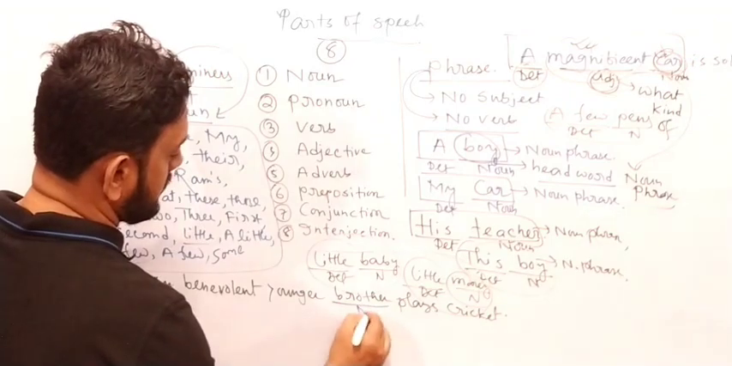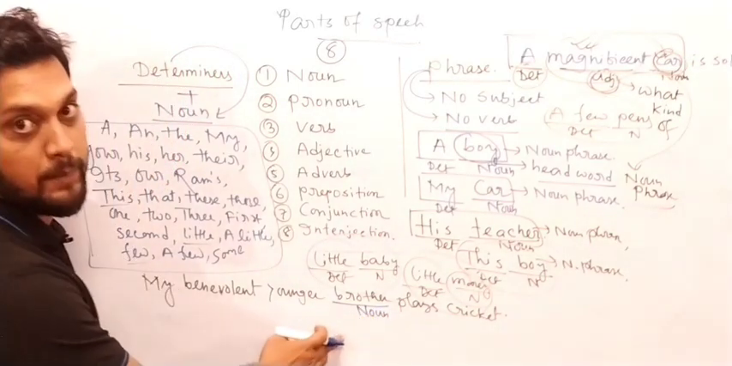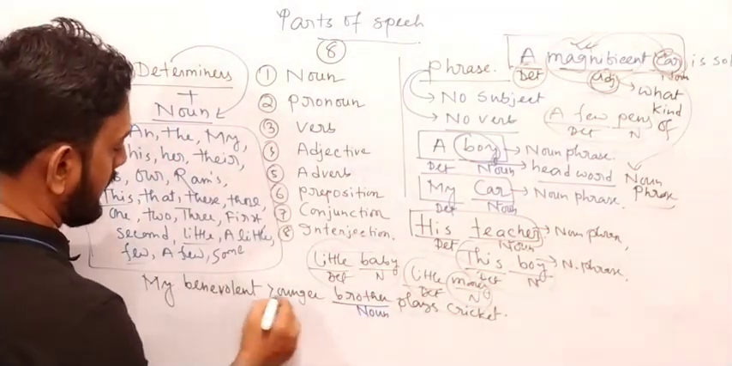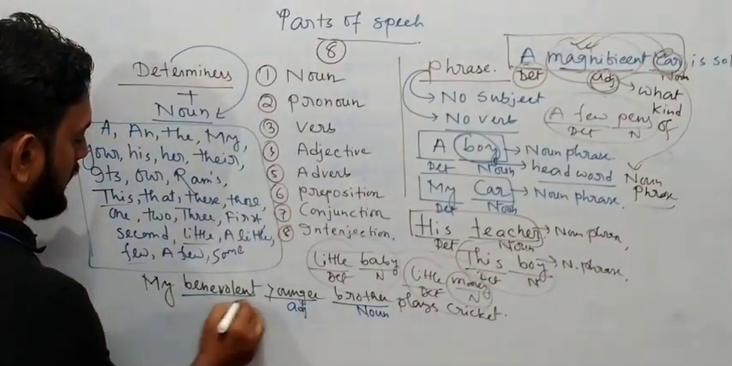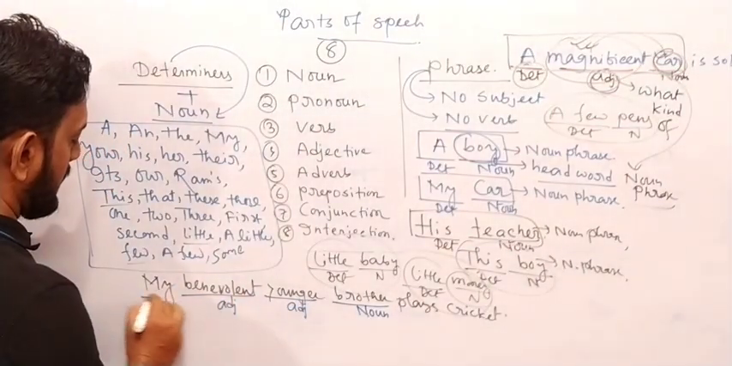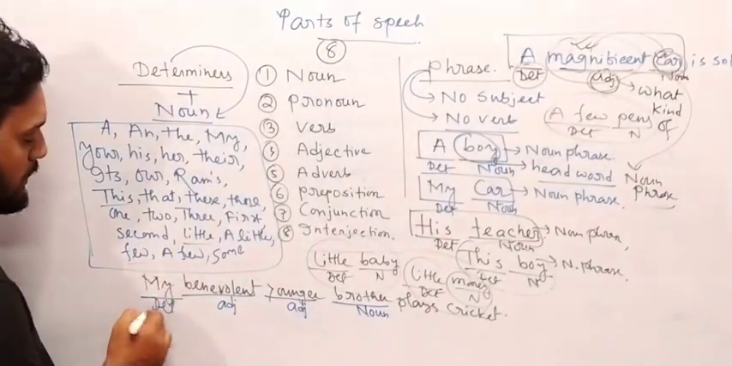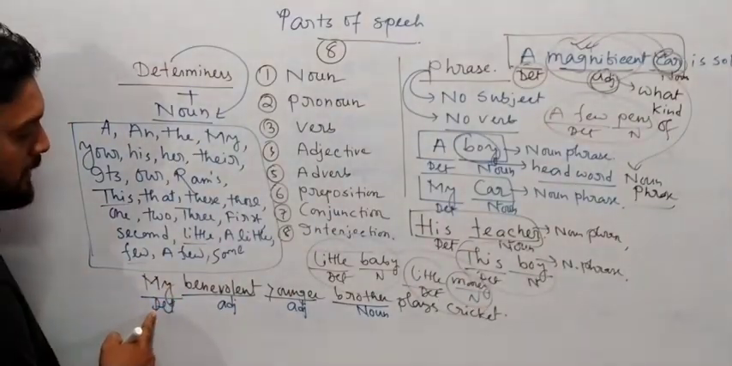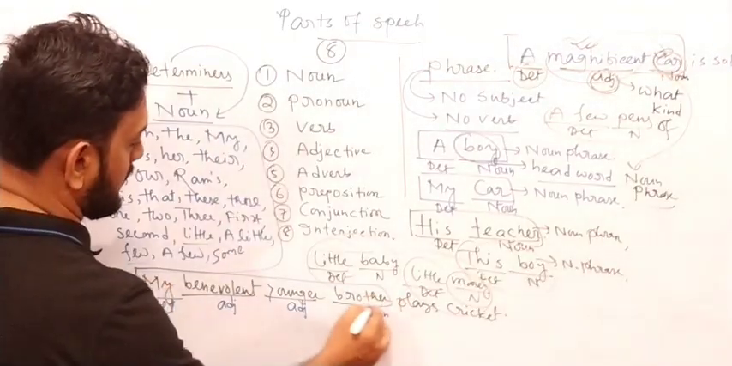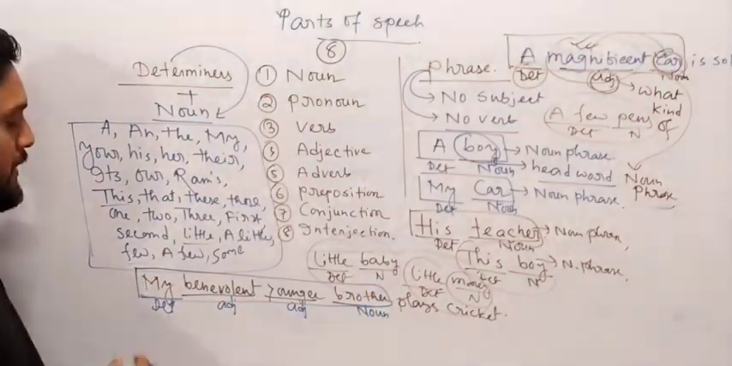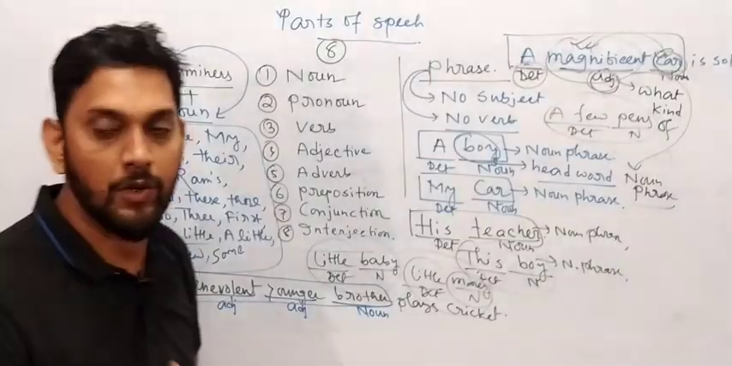Here brother is a noun. Yes or no? Here brother is a noun. Very good. And younger is an adjective. Benevolent is also an adjective. My is a determiner, or you can also call it a possessive adjective. It means that from my to brother, my benevolent younger